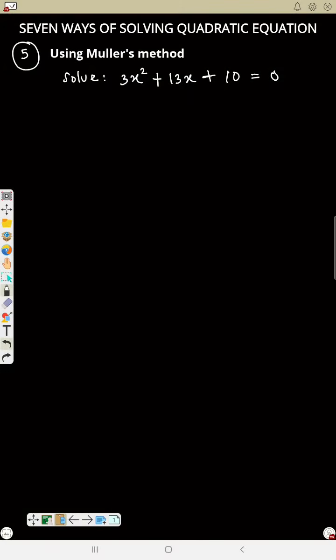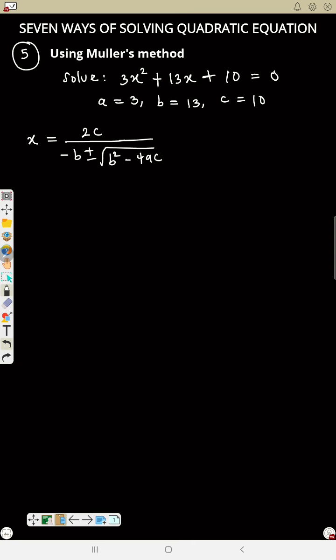Now it's number 5, using Mullah's method. Now to use Mullah's method, you still need to know the coefficients here, that is a equals 3, b equals 13, c equals 10. So now Mullah's method is x equals 2c divided by minus b plus or minus square root of b squared minus 4ac. So that is Mullah's method. So x equals 2c, that is 2 times 10, over minus 13 plus or minus square root of